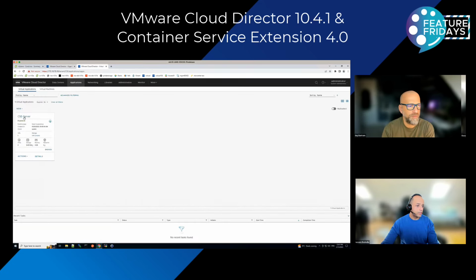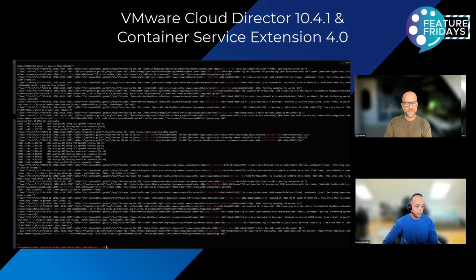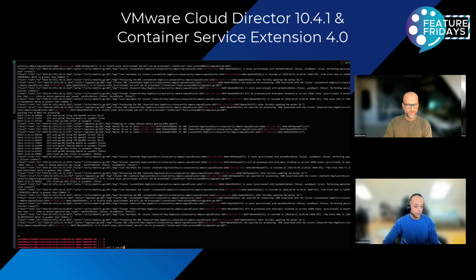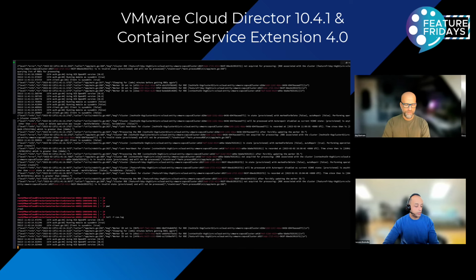Once it's done, you see here that it's a VApp, and it's got a VM which is running. The NIC of the VM is connected here to this one, which is the subnet, which has a NAT configuration. Let me share another screen with you. This is the CSE server, and I'm viewing just the logs. It's just the root, and if you do a tail on a file called CSE.log, this is where all the CSE server logging is happening.